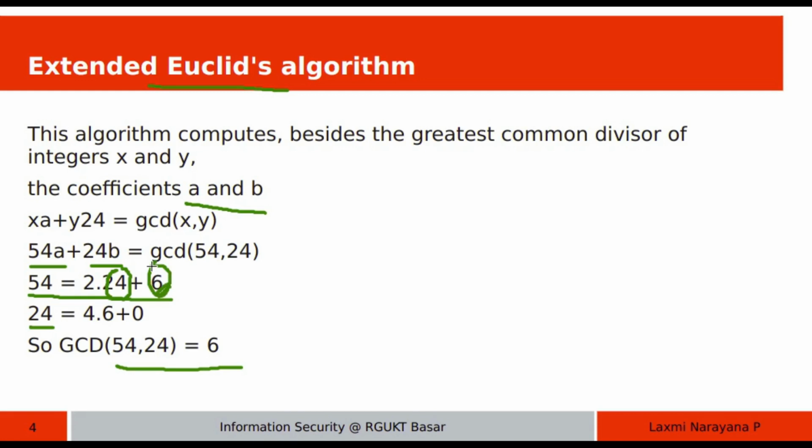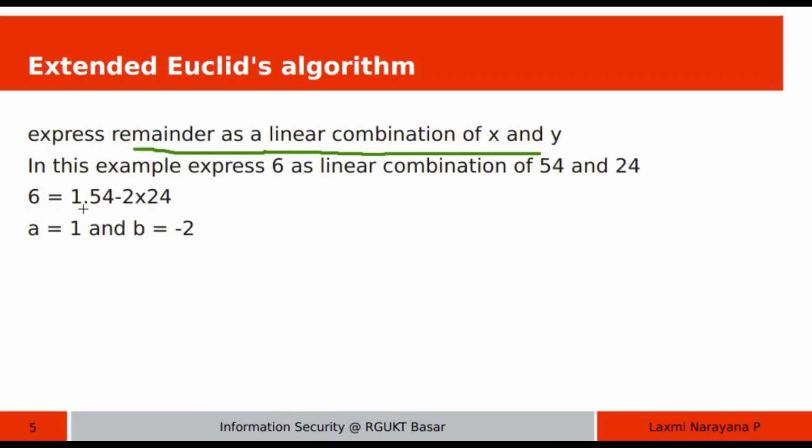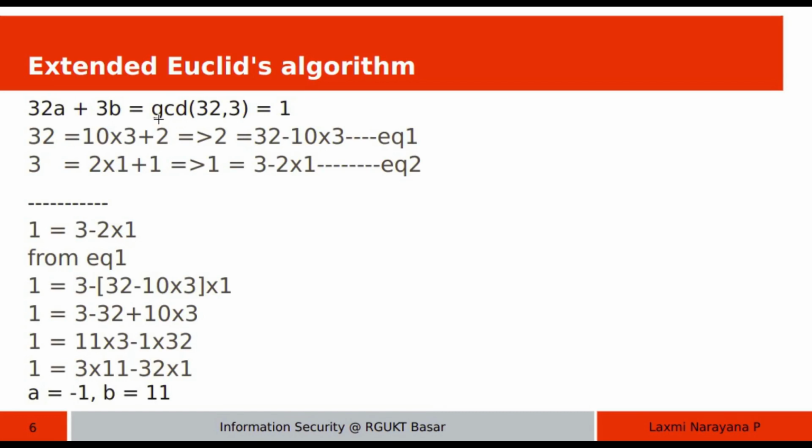So express this 6 as a linear combination of 54, 24. 6 equal to 1 into 54 minus 2 into 24. Here a will be 1 and b will be minus 2. It is a very simple example. Let's see another example. Let's find the GCD of 32, 3 and the coefficients of 32 and 3 by using